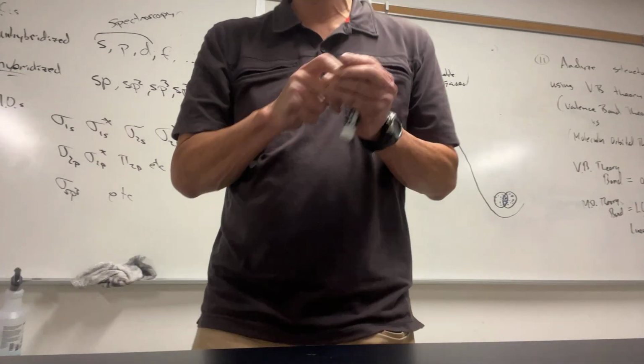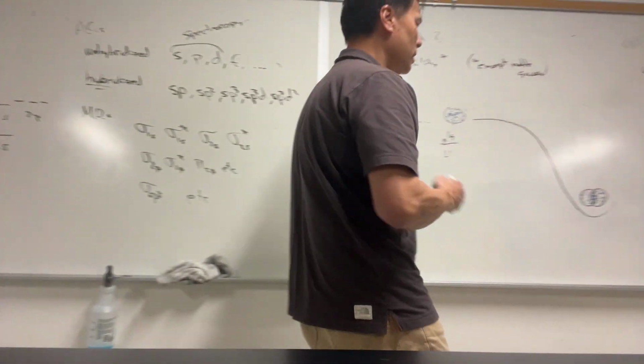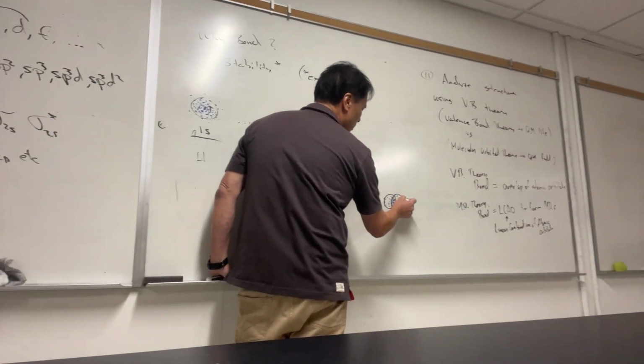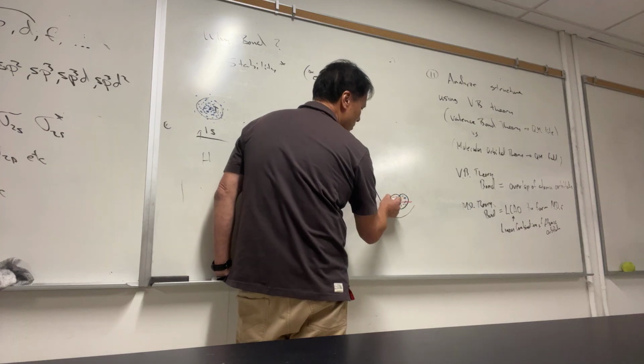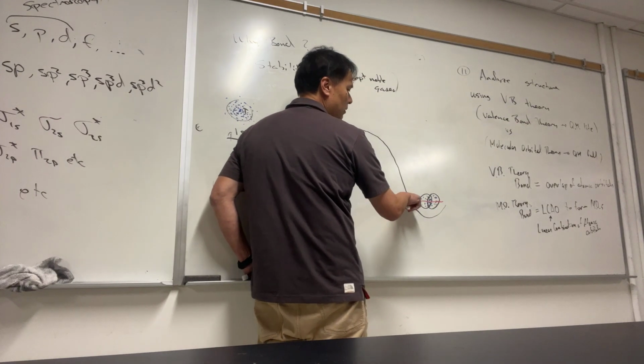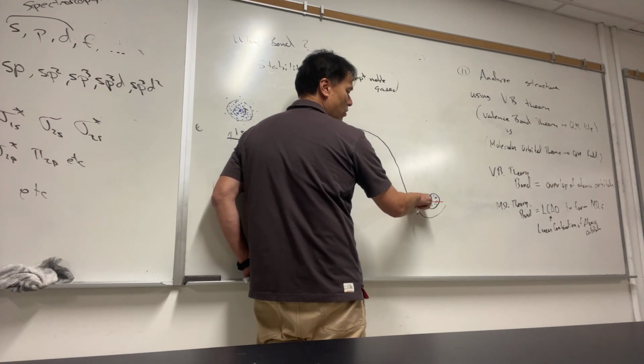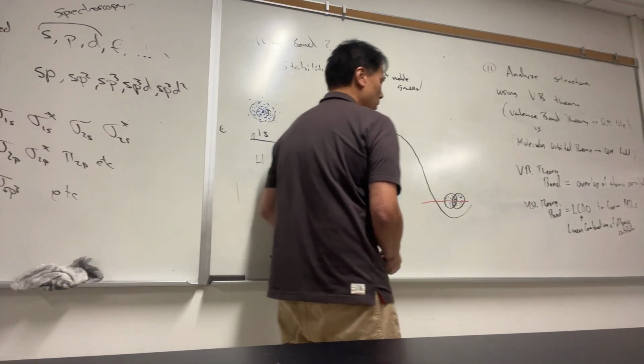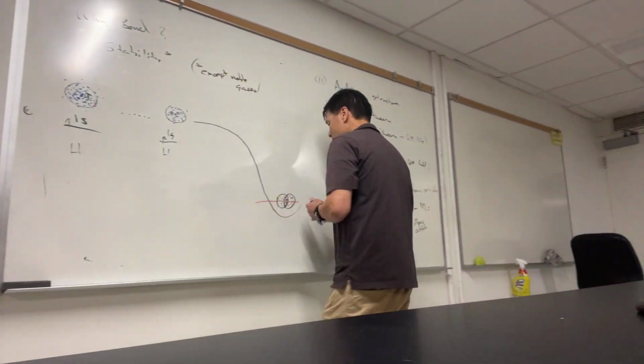The internuclear region, typically what we do is we draw an axis along the nuclei here. So that's the internuclear axis. And if we look along the internuclear axis, we have overlap of atomic orbitals within the internuclear axis here. And that creates a bond. How does that bond